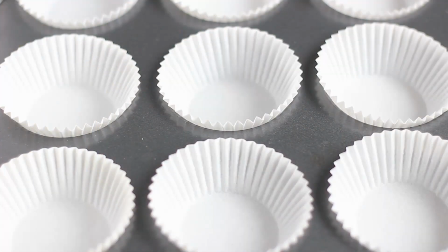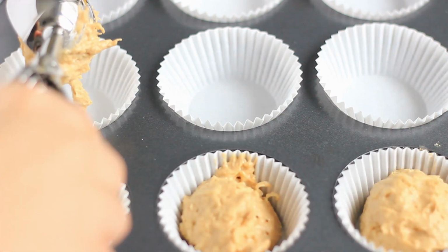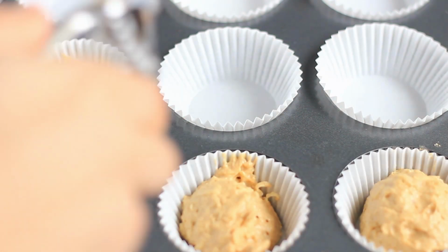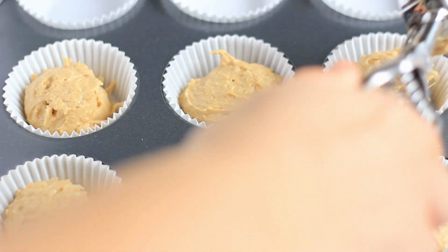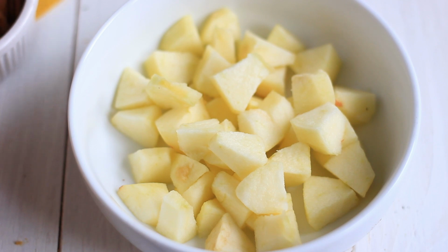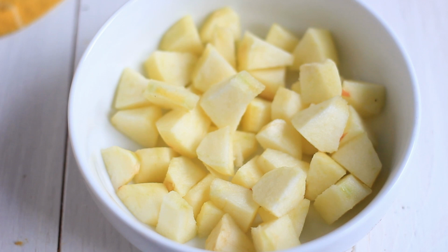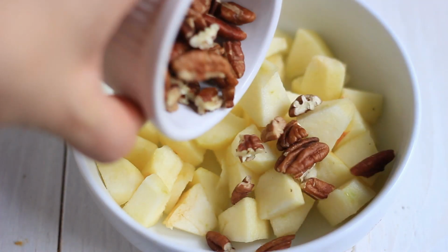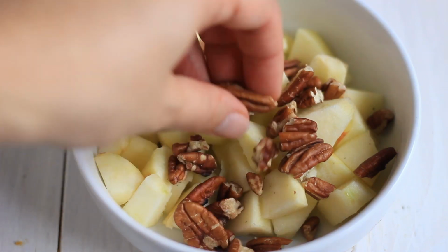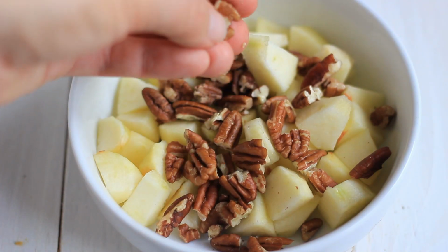Then you want to line a cupcake tray with paper cupcake liners and portion the batter into the cupcake forms. Then I also wanted to add something extra on top of the cupcakes. So I have here one apple that I've peeled and cubed. Then I also want to add a little bit of pecan nuts on top, and I'm going to break the pieces that are not small enough